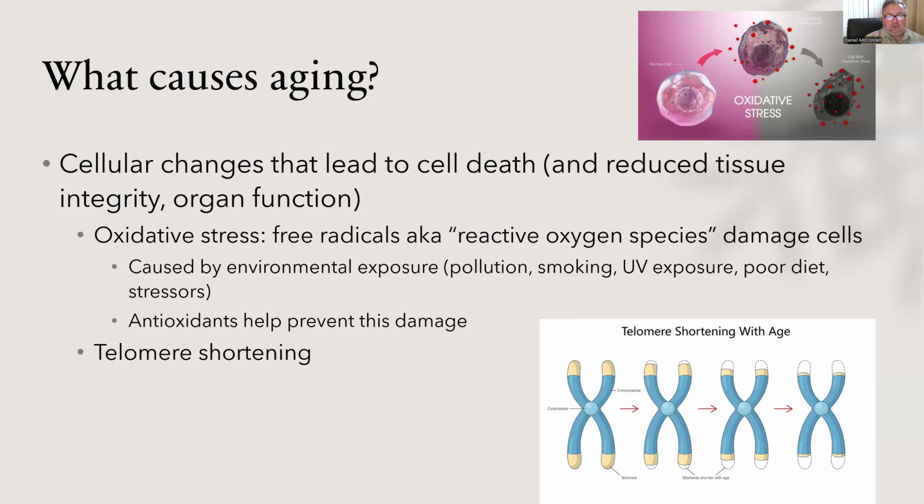And I've listed here some of those factors, right? So a lot of it can be environmental in nature. So exposure to pollution, smoking, tobacco use, exposure to ultraviolet light. That's sunlight without wearing good SPF level exposure protection there. I lost the words for sunblock for a second. And maybe diet, maybe stress, right? And all of these things can increase the free radicals in our bodies and decrease antioxidants.